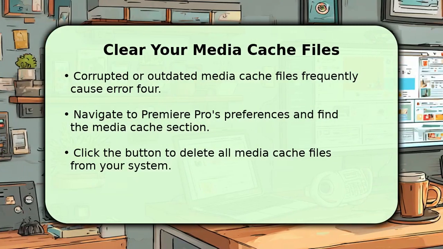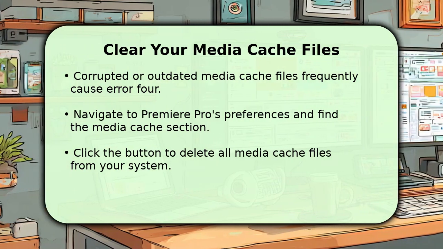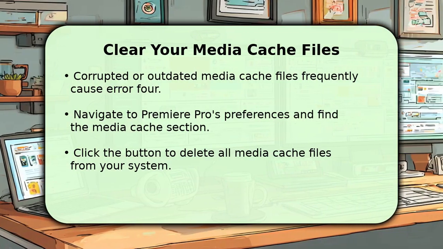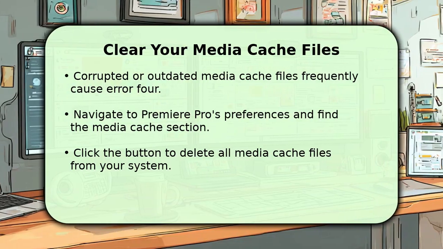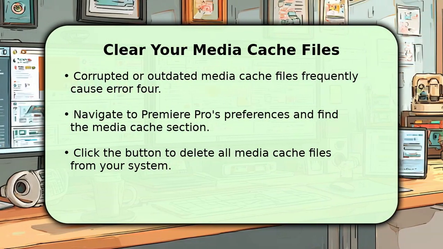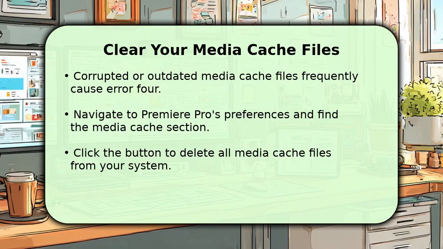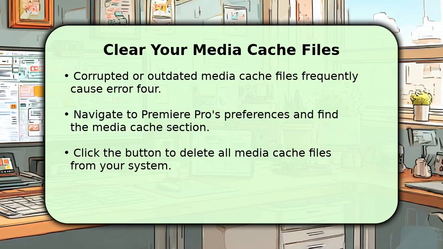Corrupted or simply outdated media cache files are a very common culprit for error code 4. To address this, open Premiere Pro's Preferences, then locate the Media Cache section. You will find a button there to delete all media cache files from your system. This process is completely safe. It prompts Premiere Pro to rebuild a fresh, clean cache the next time you open your project, often eliminating the